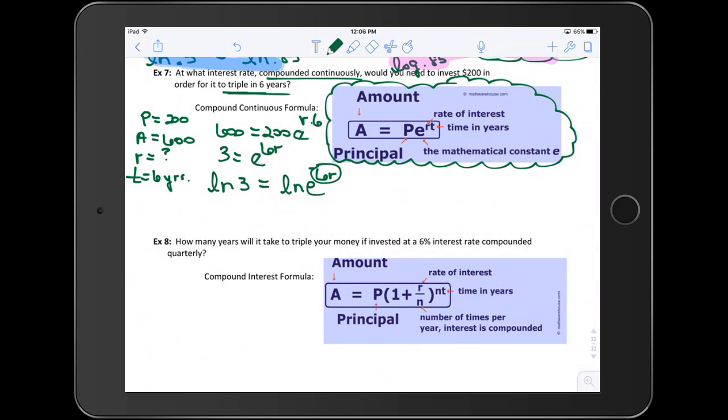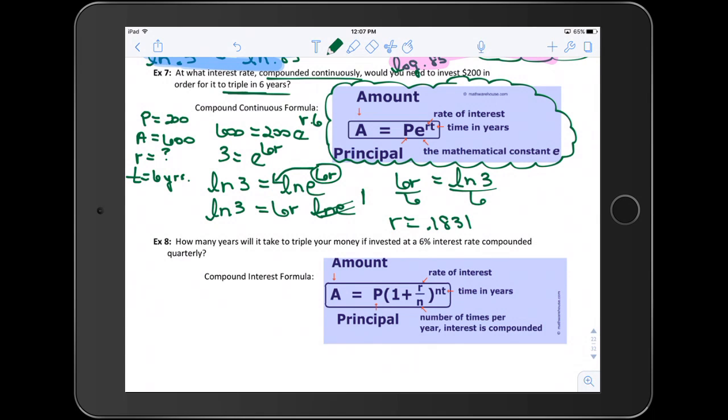And then I'm going to bring my exponent down, which is the power of that third property that we talked about. And we end up with 6r, actually I won't jump steps. Natural log 3 equals 6r natural log of e. Now if you take natural log of e in your calculator, you'll find out very quickly, because it's really e to what power gives you e? Well, e to the first gives you e, right? So this equals 1. So you have 6r equals natural log of 3, and then you divide by 6, and you end with r equals this. You throw it in the calculator, you'll end up with 0.1831,